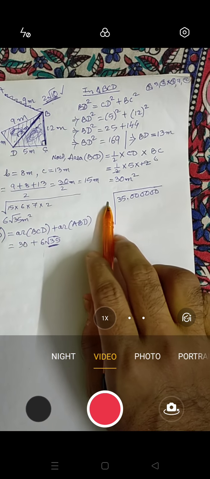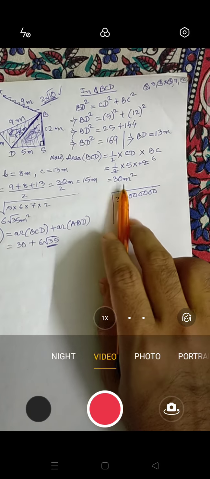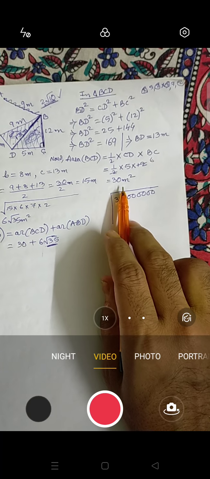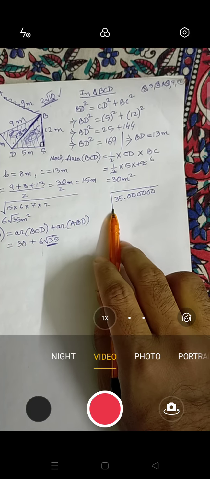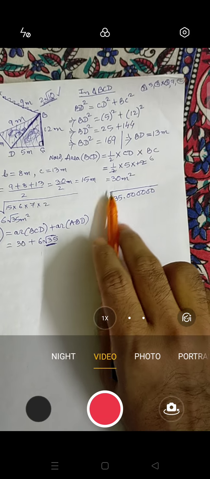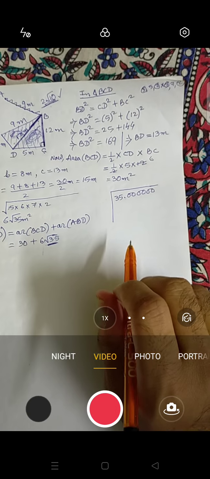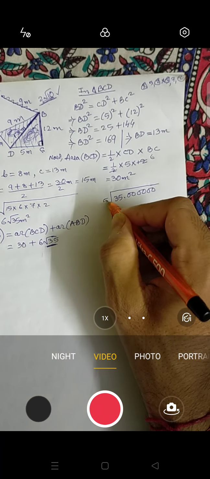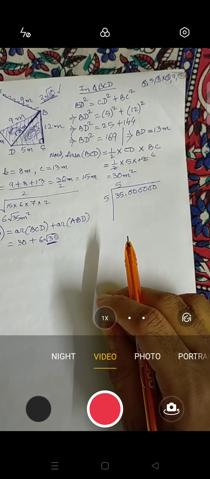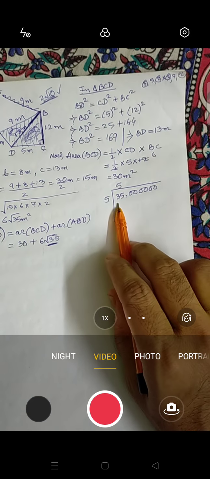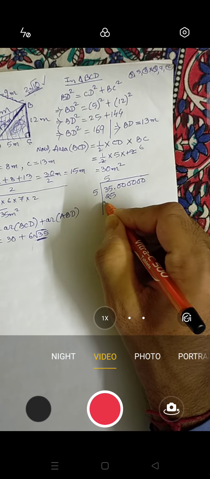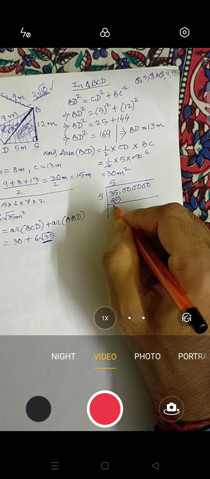So I am taking this one. You have to take such a number here. That means if you are taking 4 here, you have to take 4 here. It should not be like 4 8s are 32. No, that will be wrong. You have to take exactly the same number, as I have taught you in class 8 also, or you have studied by your own. So I'll be taking 5, 5 5s are 25. If I take 6, 6 6s will be 36. That will be more. So I'm taking 5, 5 5s are 25. Are you getting it?